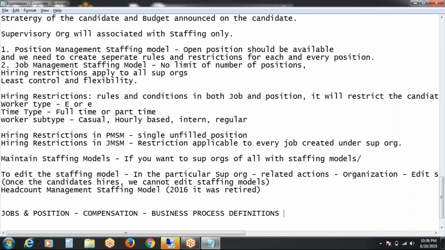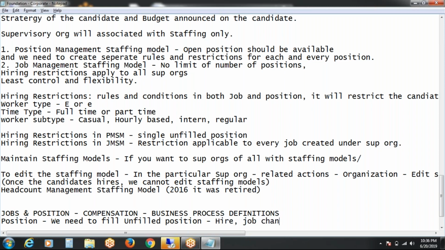For position management, we need to fill an unfilled position, either a new position to fill or because the existing employee has moved to another company, department, organization or location.